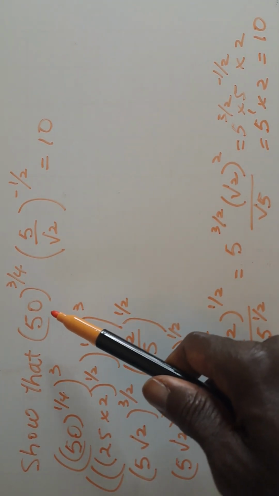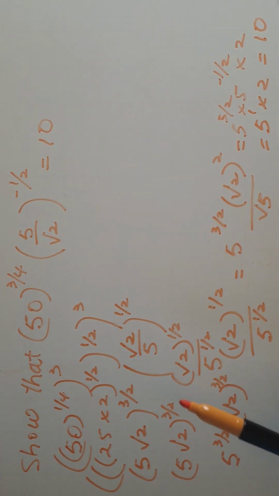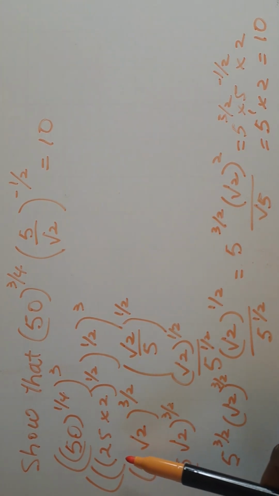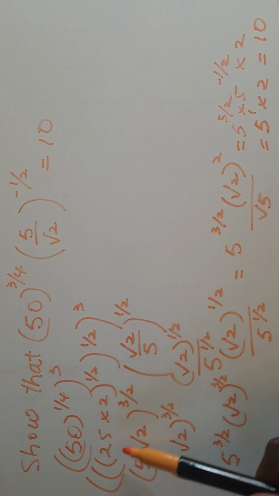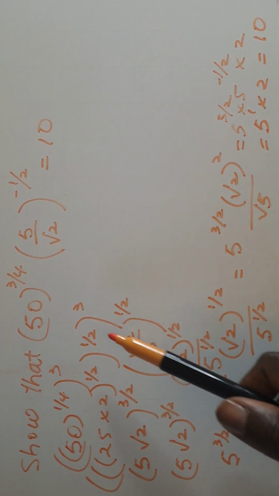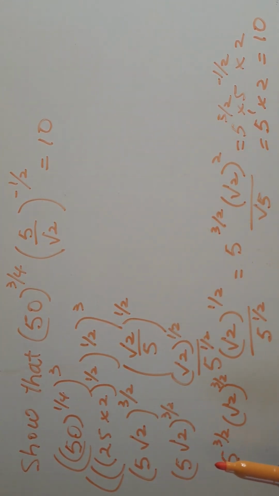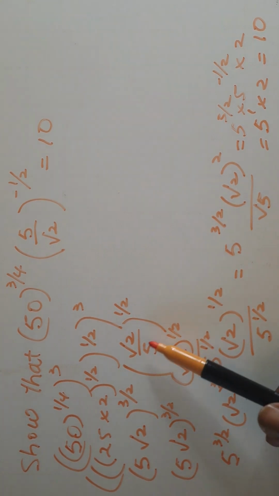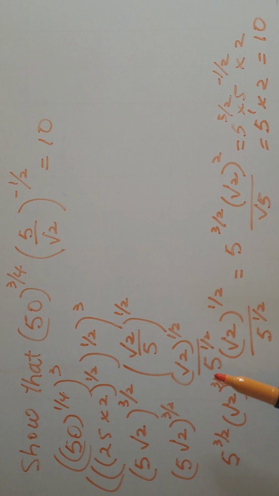First, we simplified 50 raised to the power of 3 over 4 by looking at 50 and finding the square value here, which is 25. We can simplify this in here, the inner brackets, and then we just have 3 times a half. Again, we simplified here to give us root 2 raised to the power of half and 5 raised to the power of half in the denominator, or root of 5. Further to that, we simplified here again to have 5 raised to the power of 3 over 2 and root 2 raised to the power of 3 over 2,